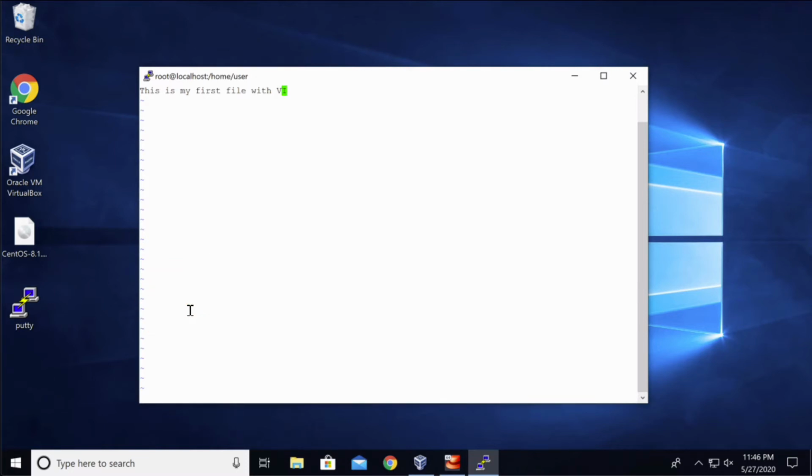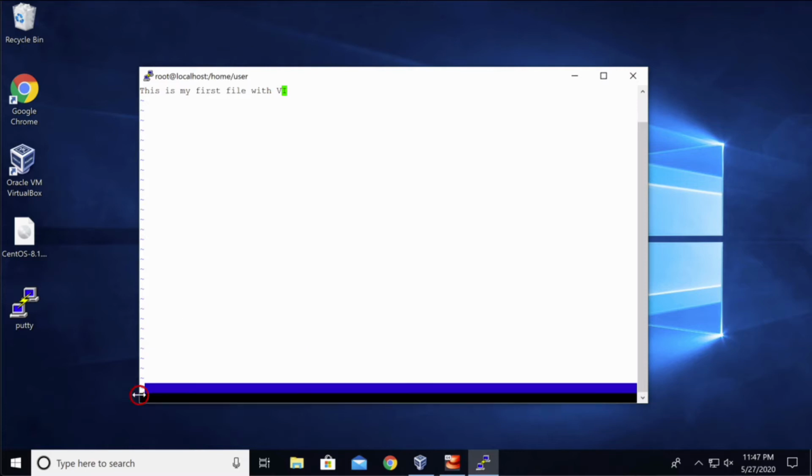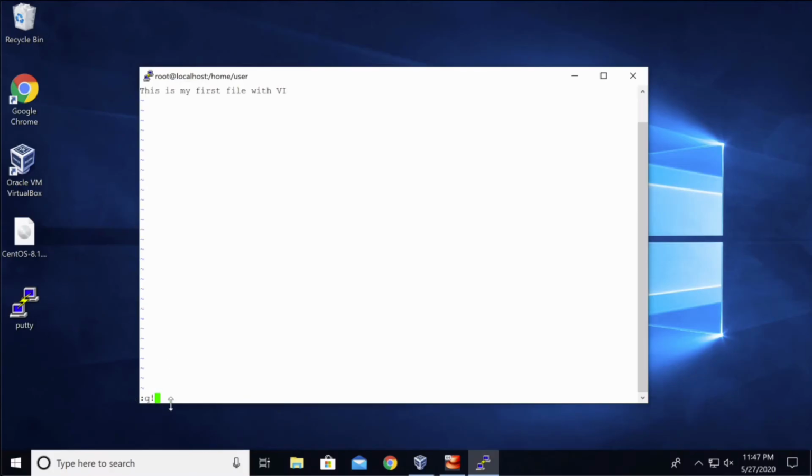If I want to close this file without making any changes to it, or without saving the changes that I just made, I can press the escape key, and watch here. I'll press colon, Q, and exclamation mark. Once I type this in and press the enter key, this will close the VI editor without making any changes